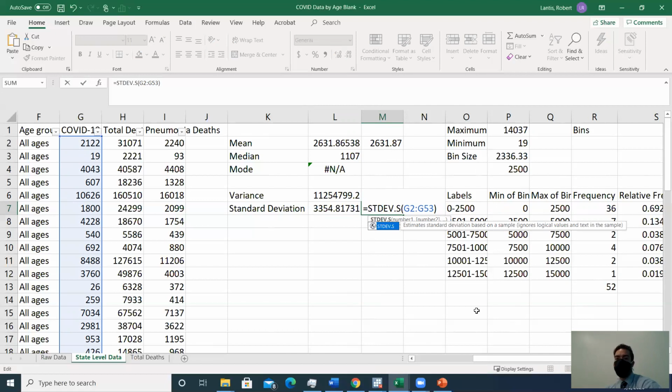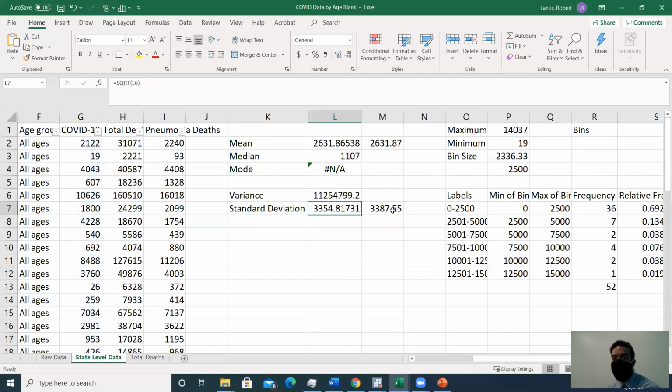I mean, you can kind of see a lot of this stuff that we have to do by hand, calculating means, calculating variances, especially doing this with larger data sets. You can save an infinite amount of time using Excel instead, right? And there's a couple different ways of doing that. You can use that STDEV. You can use that square root if you find the variance first. There's kind of different ways of getting the same values. But I think this makes life a lot easier, right?